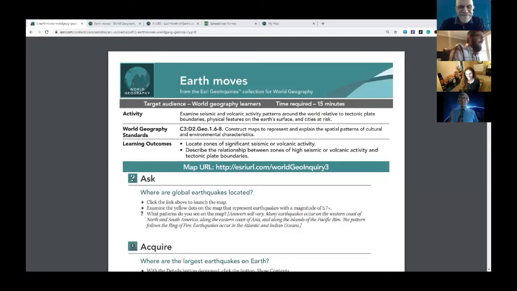Do you? Let me share my screen. Let me see if I guessed it. Let's see. You got it. All right. Earth Moves. This is a fun one. It is. I have to admit, being a native Californian, I've lived through some interesting earthquakes, and I do find them fascinating. The problem with my map is that for this activity that's up all year round,